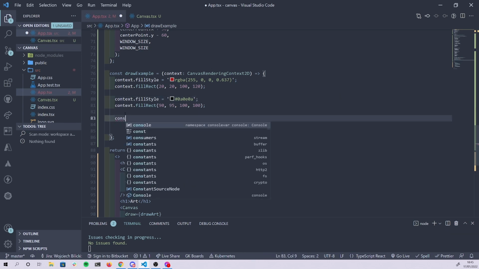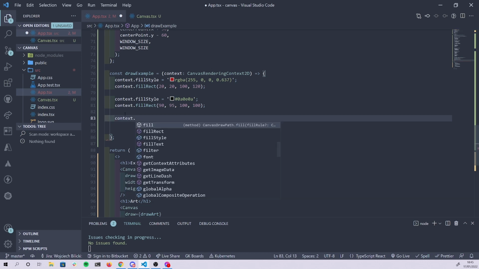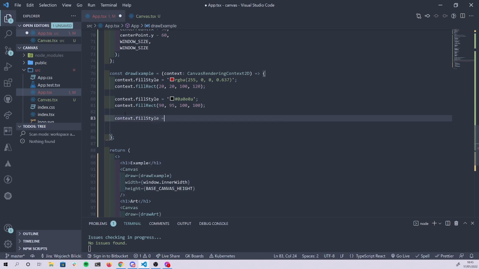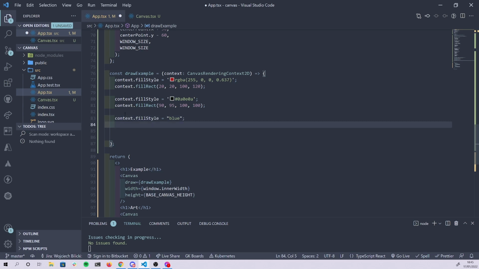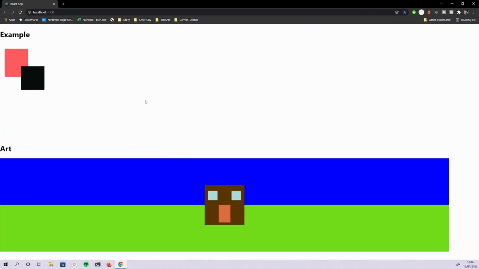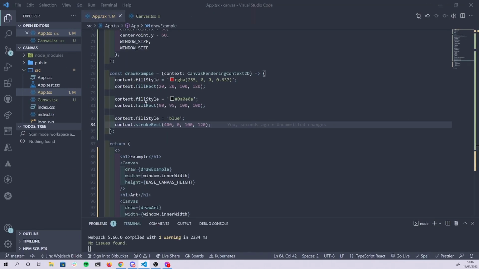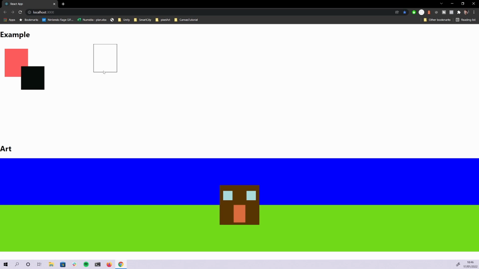Then we can do something like, let's do blue, and let's create the rectangle without an outline. So we can do context strokeRect, and maybe something like 400, 0, 10 by 100 by 120, and that should work,